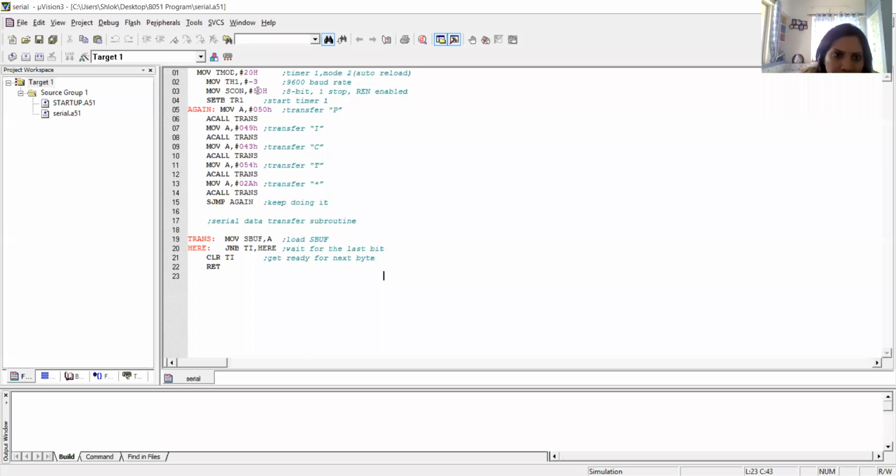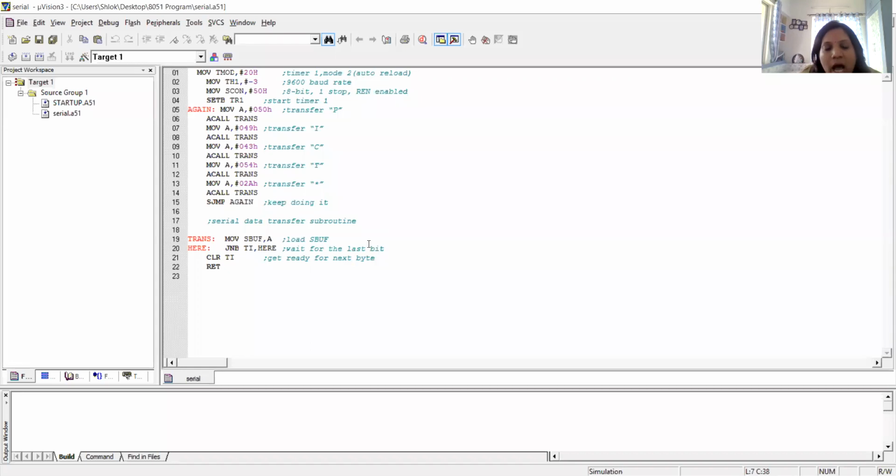In our program, we set the value of the SCON register as 50 hexadecimal. Converting it into binary, it is 0101, and the last 4 bits are 000. So initially we are setting SM0 as 0, SM1 as 1, SM2 as 0. SM2 we are not using, it is used for multiprocessor. SM0 and SM1 are used to set a particular mode from 4 different modes: mode 0, mode 1, mode 2, mode 3. Mode 1 is used in our case, and that's why 101 is set in the SCON register.